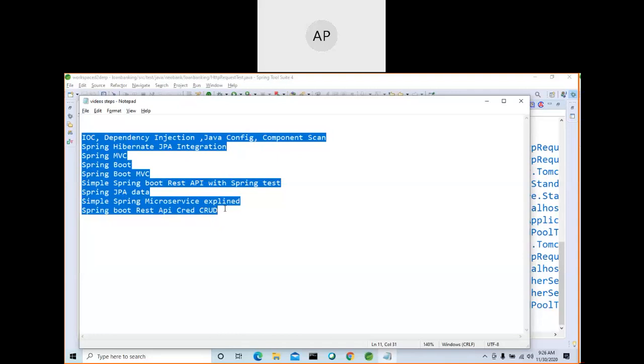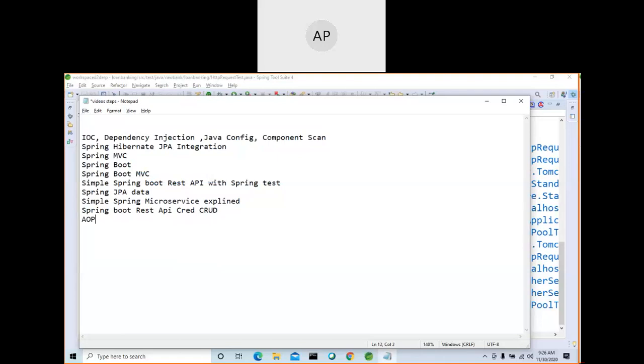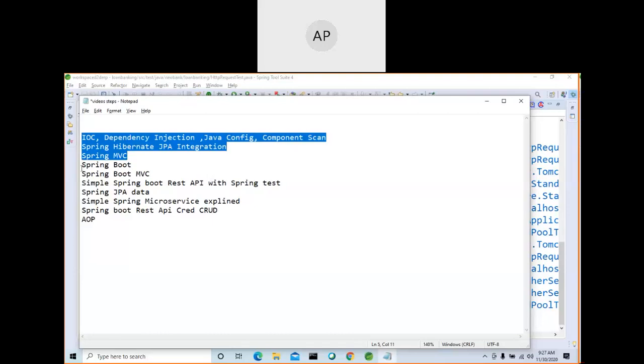When you read my Spring MVC video, you will understand what is dispatcher servlet, all the other things, controller, and some basic things which you need to learn. And if you know all these things related to Spring, you can clear your interview, either client interview or interview with any company.